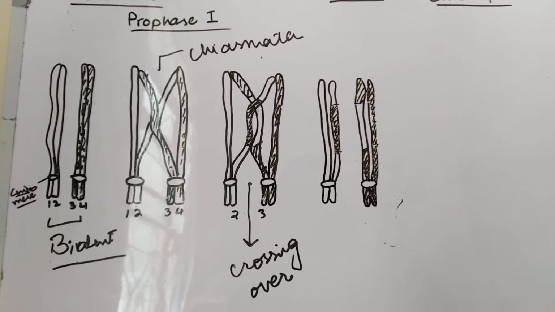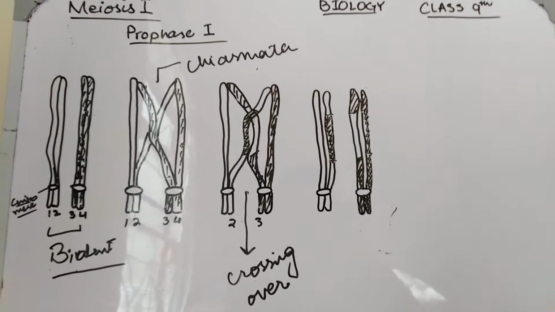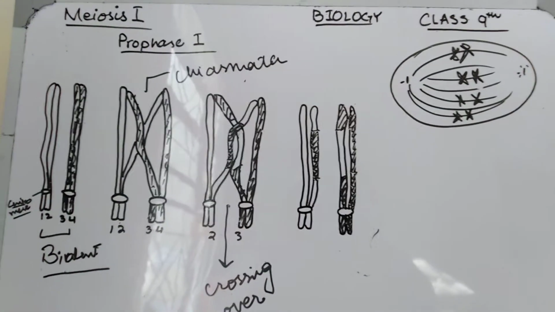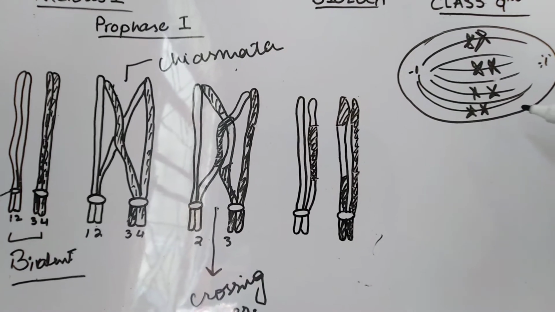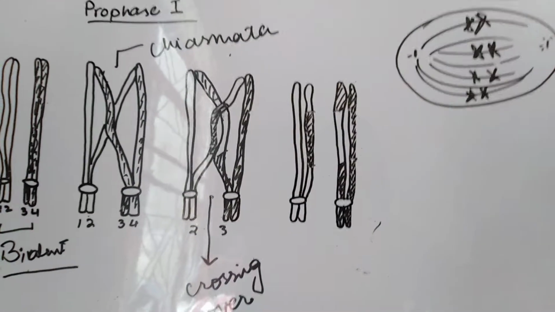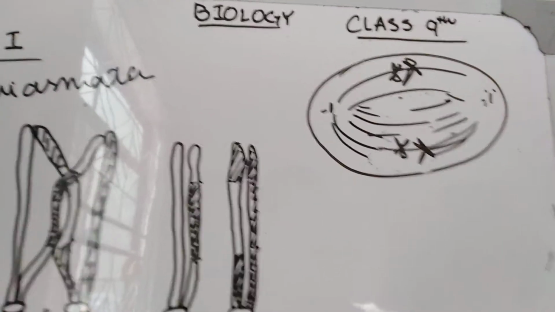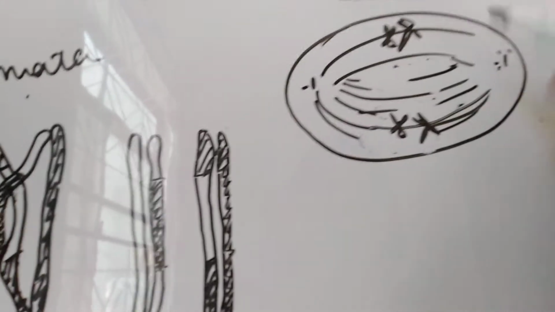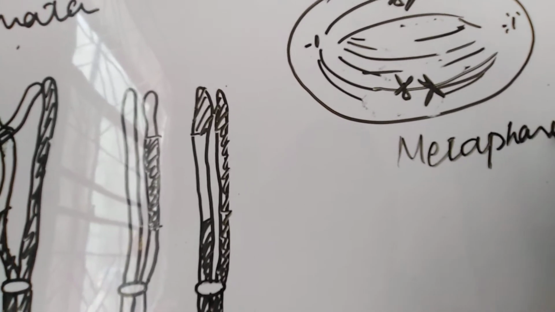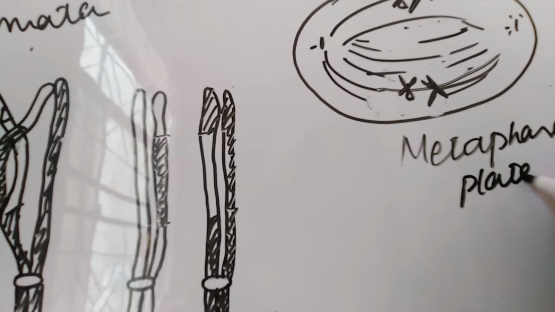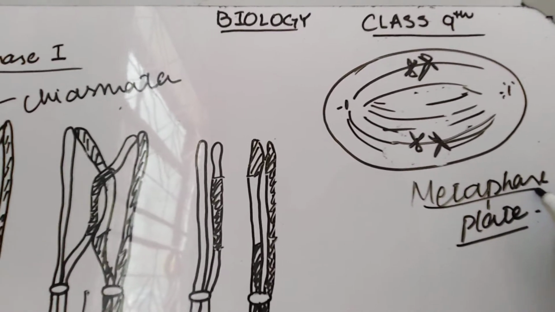I'm not going to go into detail, but I will give you a little more concept. After prophase 1, the formation of the metaphase plate can exist. This is known as the metaphase plate. I think it will be okay to move with 2 pairs of chromosomes. Metaphase plate formation exists in metaphase.